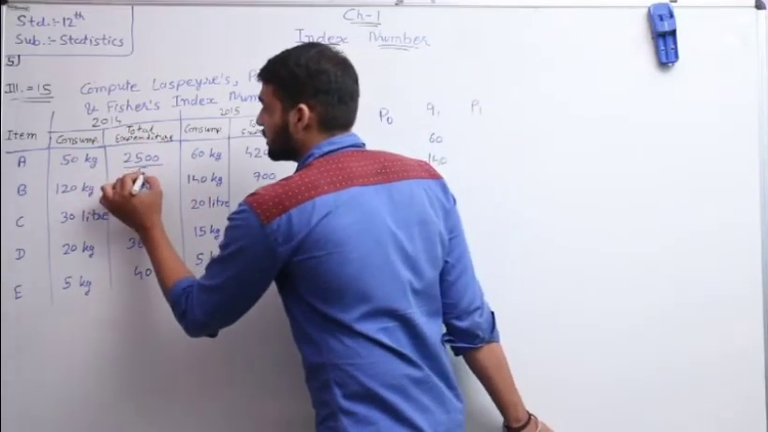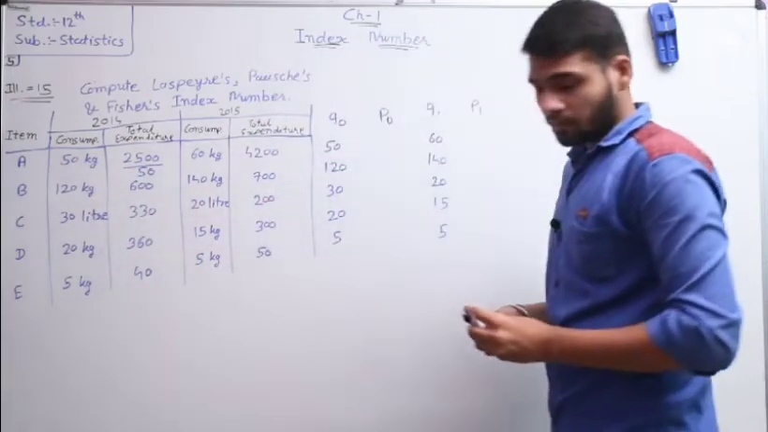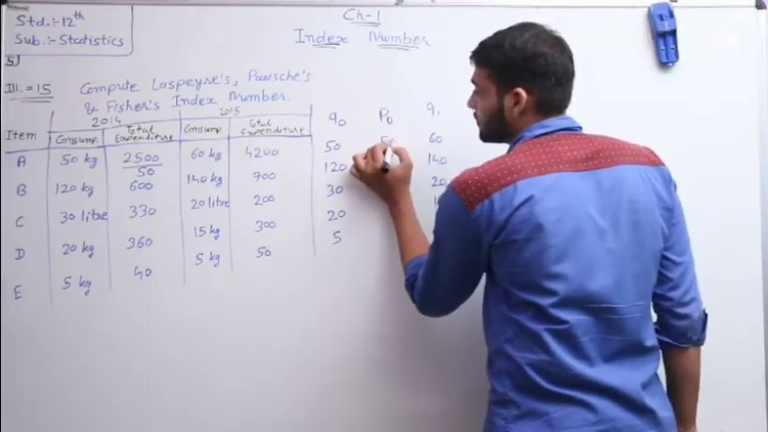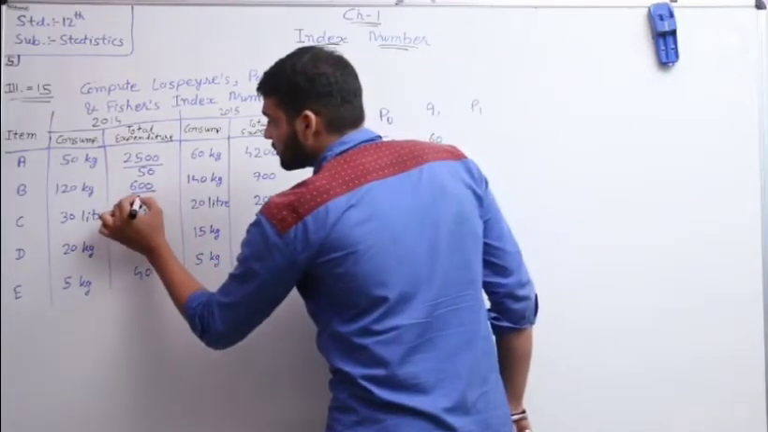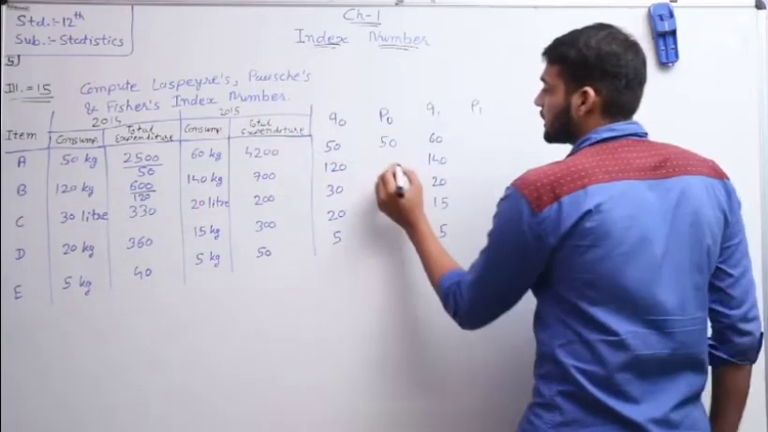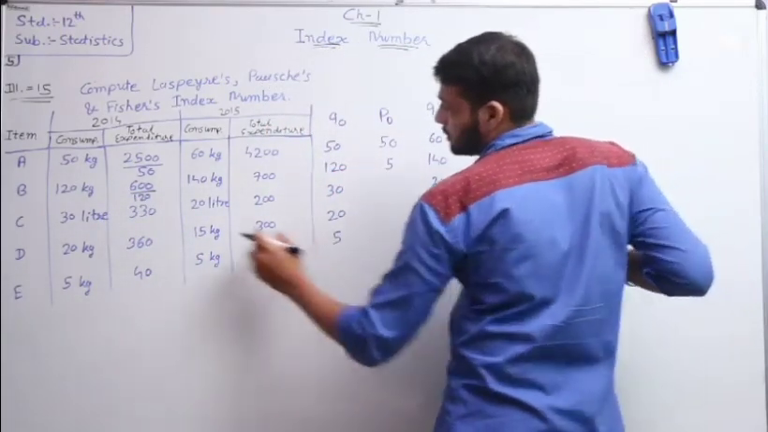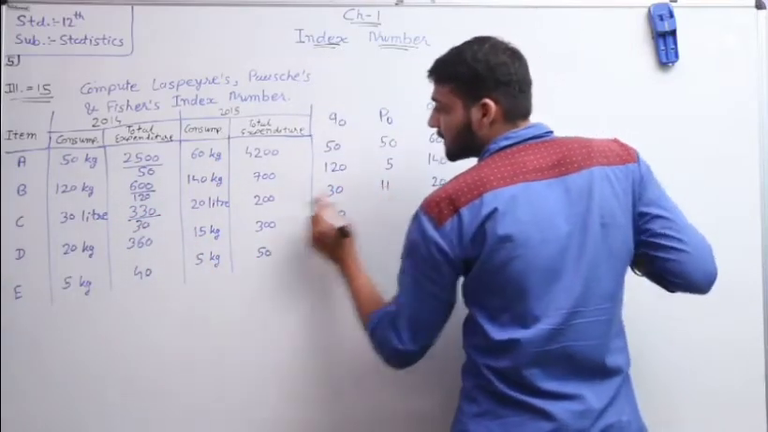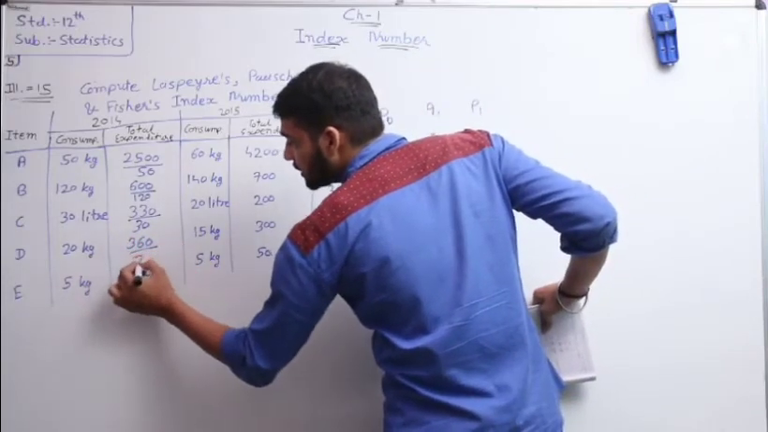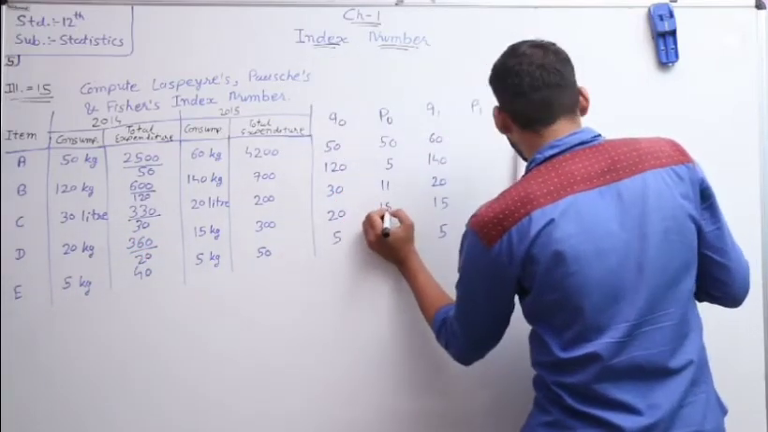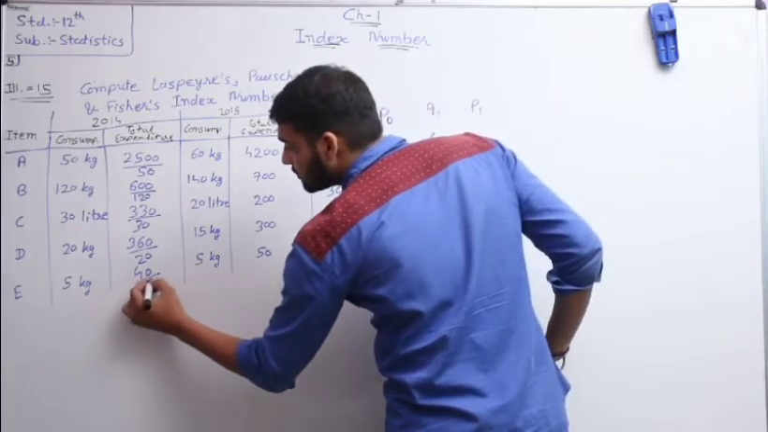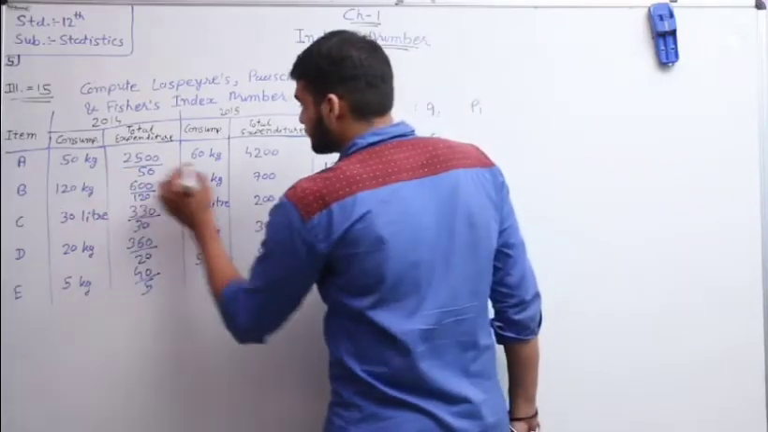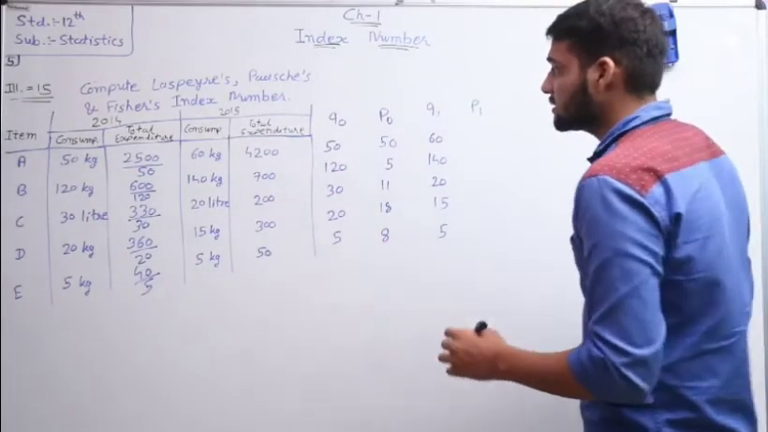So 250 divided by 50, so the answer is 5. Then 600 divided by 120, so our answer is 5. Then 330 divided by 30, so the answer is 11. And 360 divided by 20, so the answer is 18. And 40 divided by 5 means our answer is 8. Understood, students? Then total expenditure and consumption,